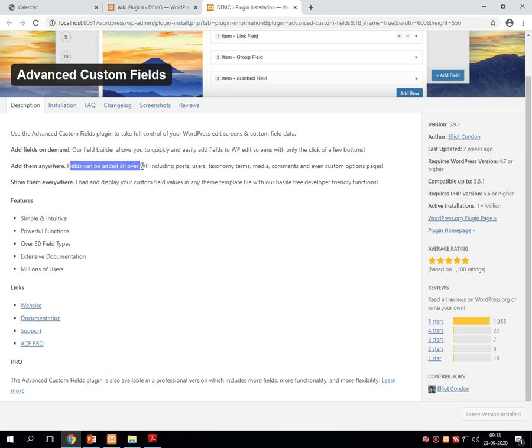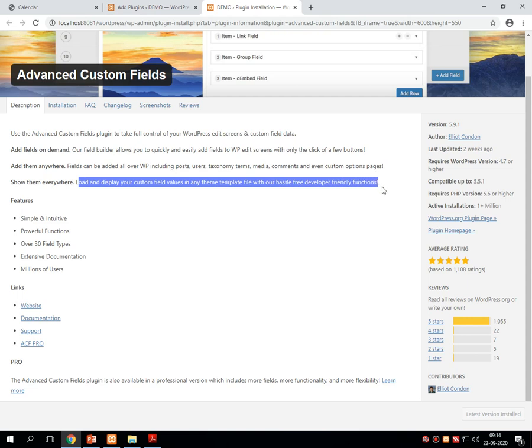Fields can be added all over WordPress, including post, user, taxonomy, term, media, comment, and even on custom option pages. Show them everywhere. Load and display your custom field values in any theme template file with our developer friendly functions.